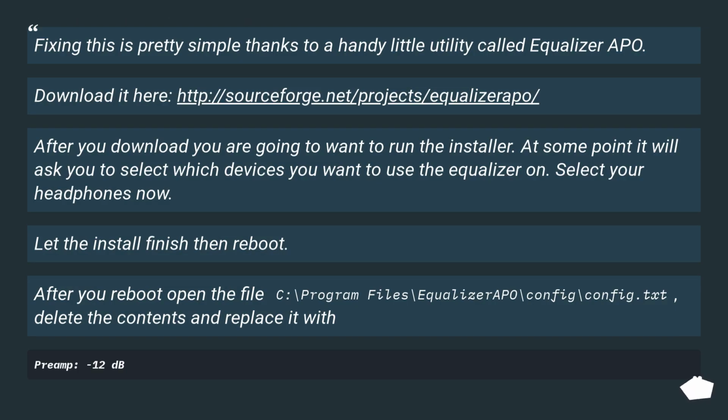Fixing this is pretty simple thanks to a handy little utility called Equalizer APO. Download it here, this URL. After you download, you are going to want to run the installer. At some point it will ask you to select which devices you want to use the equalizer on. Select your headphones now. Let the install finish, then reboot. After you reboot, open the file